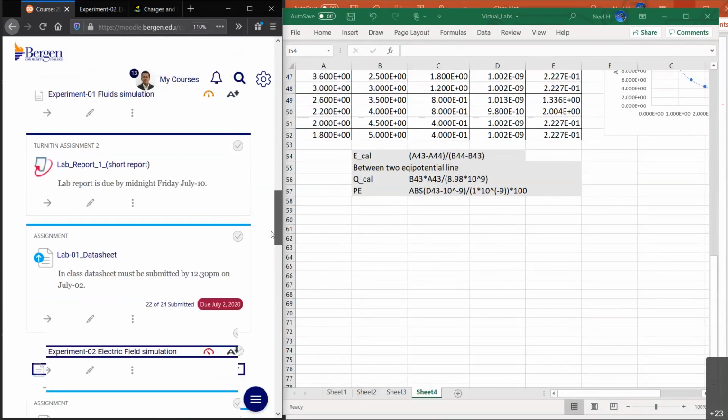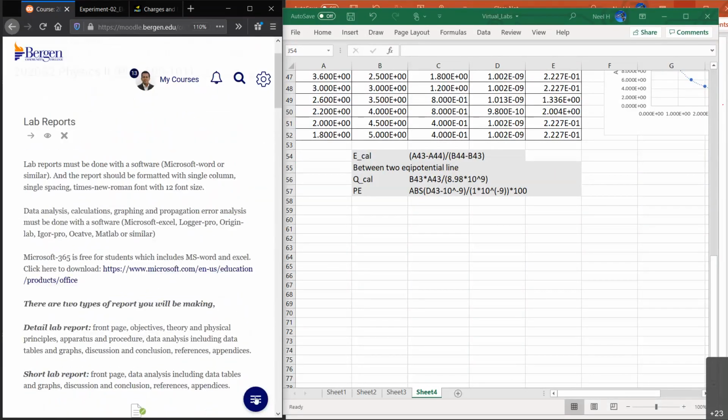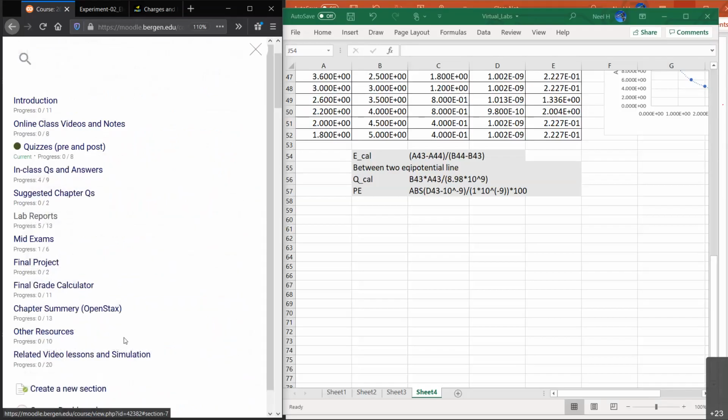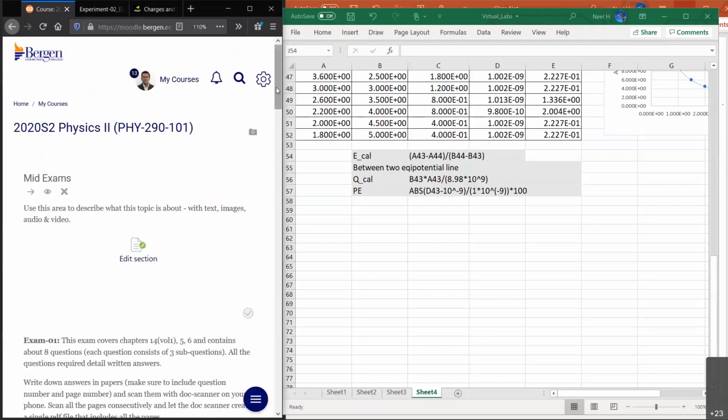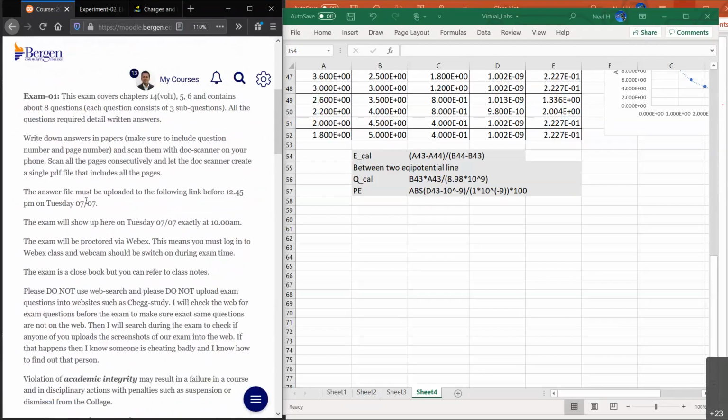All right, so let's take a look a little bit at the exam today. I will talk about lab reports tomorrow morning, a little bit more again, okay? So let's discuss the exam very briefly. The exam we're going to do by using Moodle and WebEx. So you have to be on WebEx. Video should be switched on. If not, you will get 0.